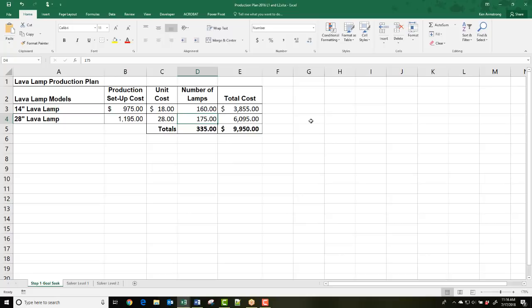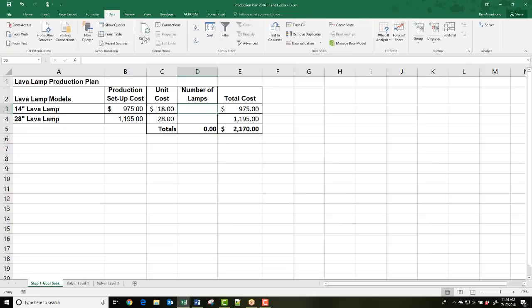The first one I'm going to show you is Goal Seek. We played around with Goal Seek earlier in the semester, but let's try to use it now to see if it can help us out again. If we go up to the Data ribbon and look under What-If Analysis, we have a few cool tools here. We played with data tables last module, but here's Goal Seek.